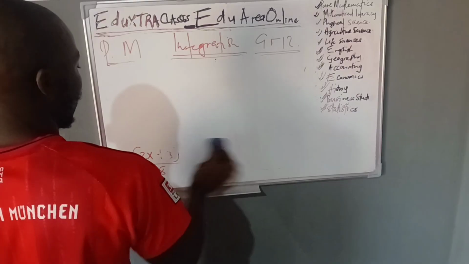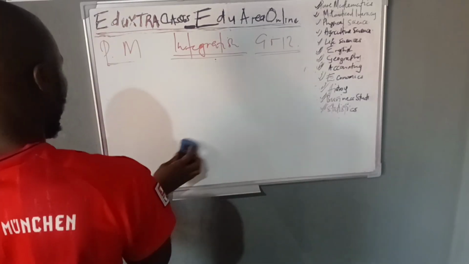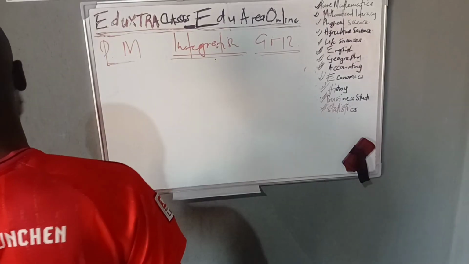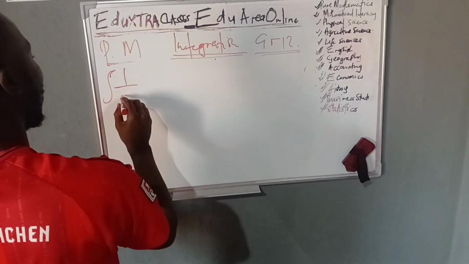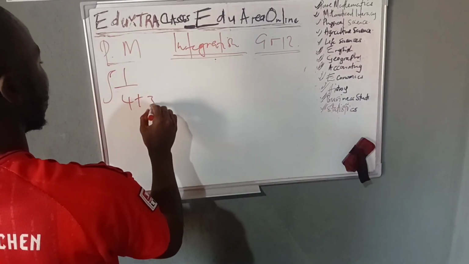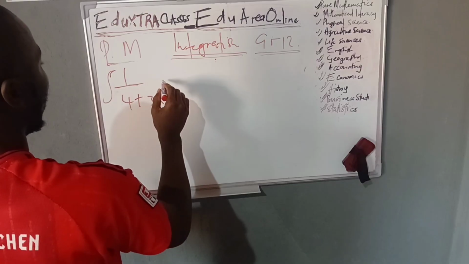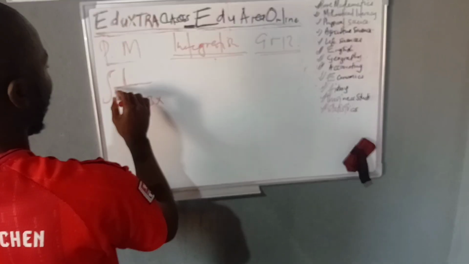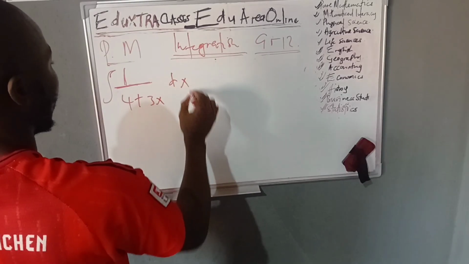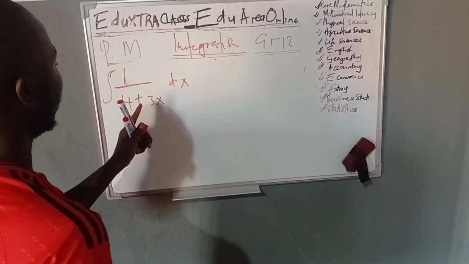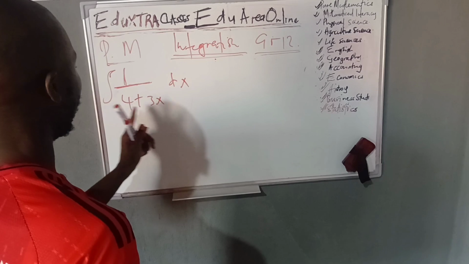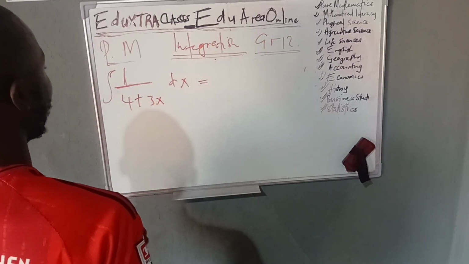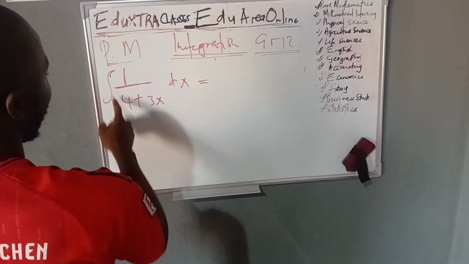Let's now go to an example where we multiply by a, the coefficient of x. Another example that we can use is 1 over 4 plus 3x, like this, dx. So this is a, this is b, this is a, and this is x. So what do we need to do with this? First we can try to move this